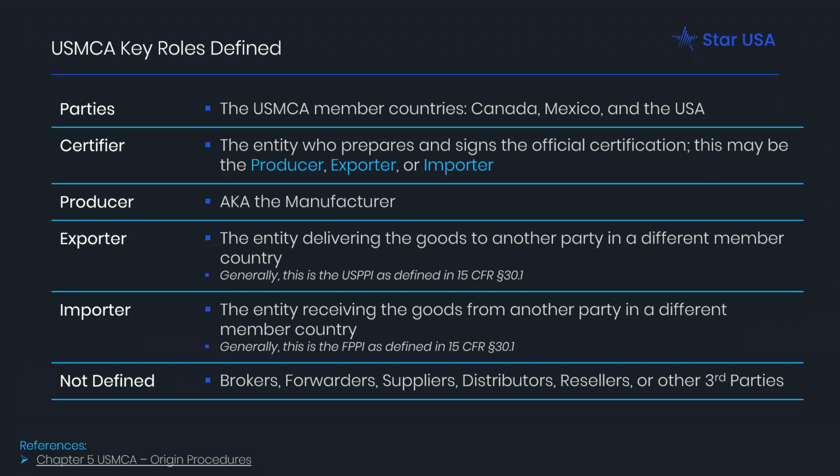Not always, but in most cases, that's the exporter there. The exporter may also be the producer. There's nothing saying that you can't be both an exporter and a producer. And then the importer is the entity who actually receives the goods from another party in a different member country. And generally, this is going to correlate to your FPPI, your foreign principal party interest, defined in the foreign trade